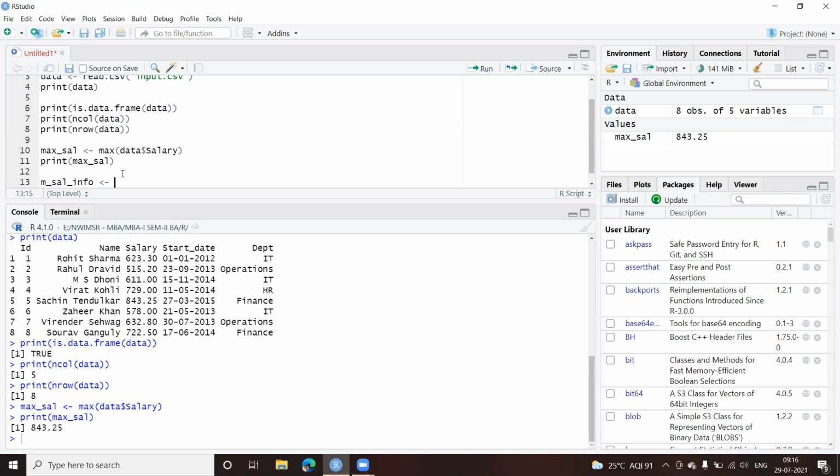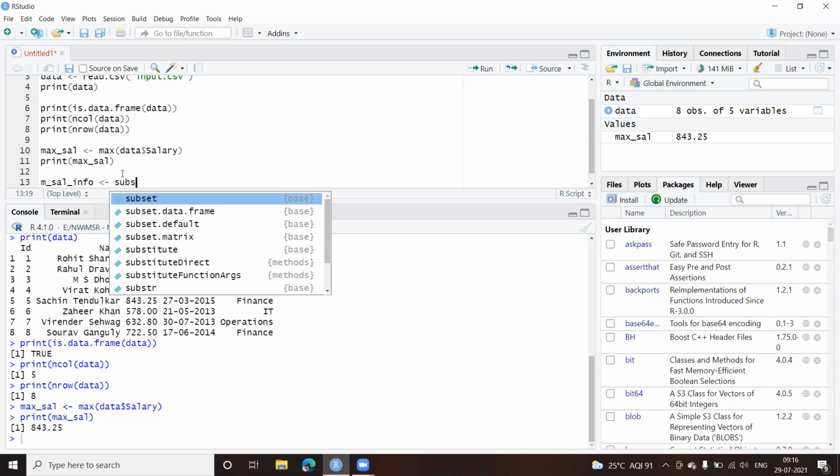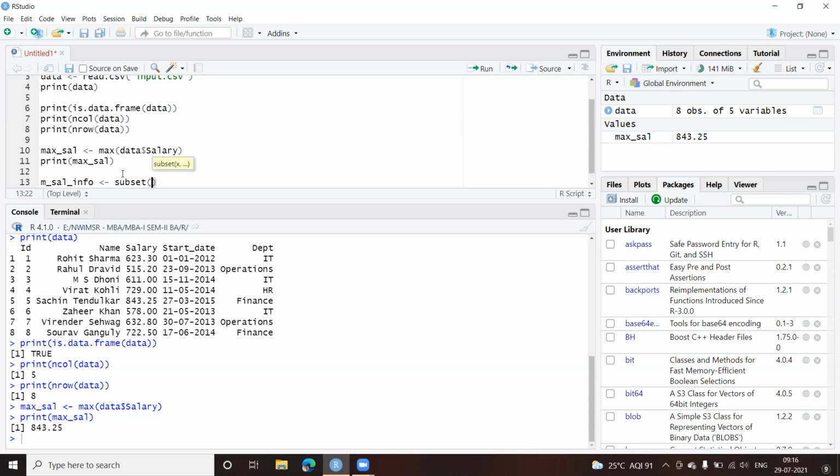Now this is equal to, we can make use of the new function subset, subset into round brackets. Subset takes, the first parameter would definitely be your data set from where I want to create a subset. So your data, comma. Now here you can give a condition. I want the salary which I have to be equal to the maximum salary.